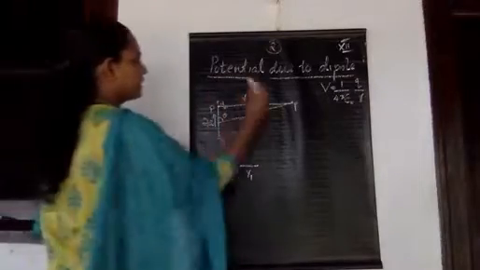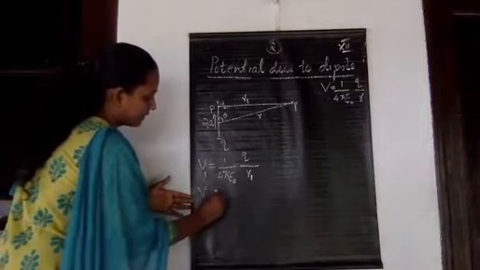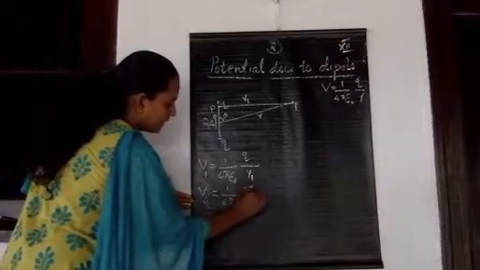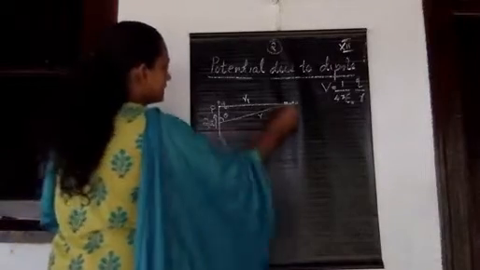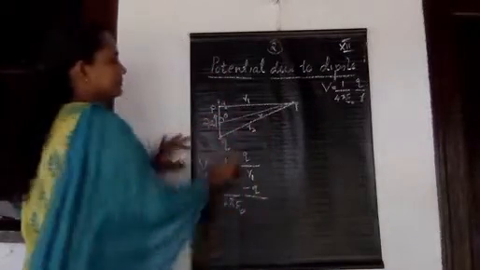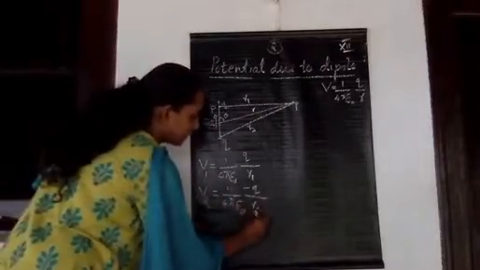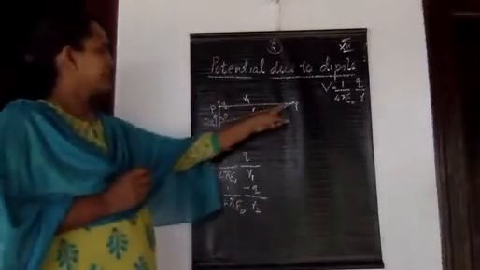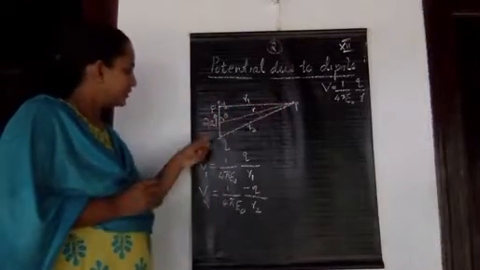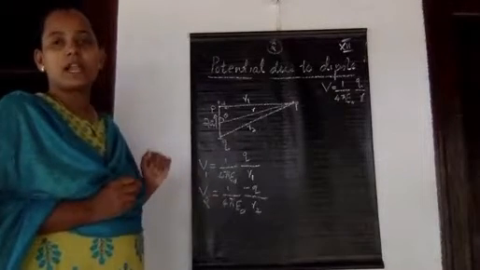In the same way, what is the potential at this point P due to this minus Q charge? That is V2, equal to 1 by 4 pi epsilon 0, minus Q divided by the distance. This distance we can take as R2. So the potential at this point P due to the plus Q charge is V1, and the potential due to the minus Q charge is V2. Potential is a scalar quantity.